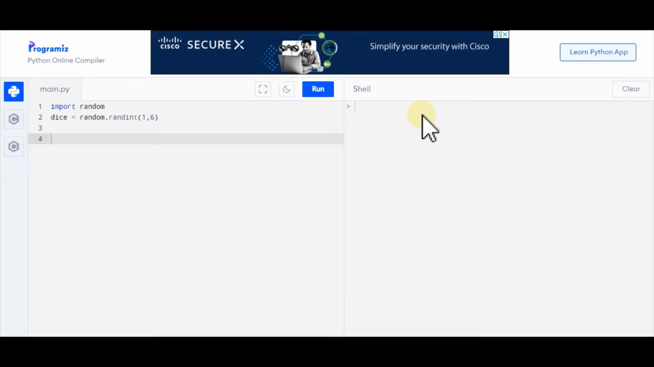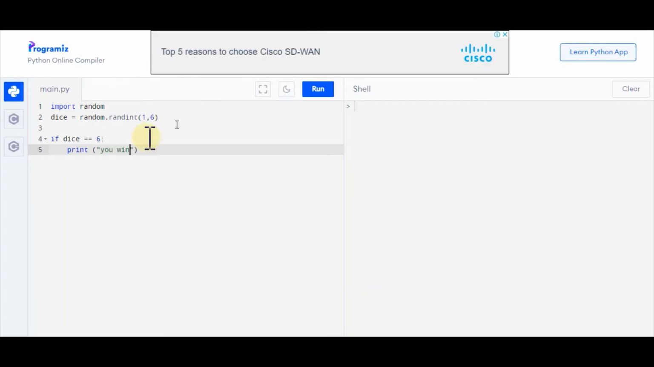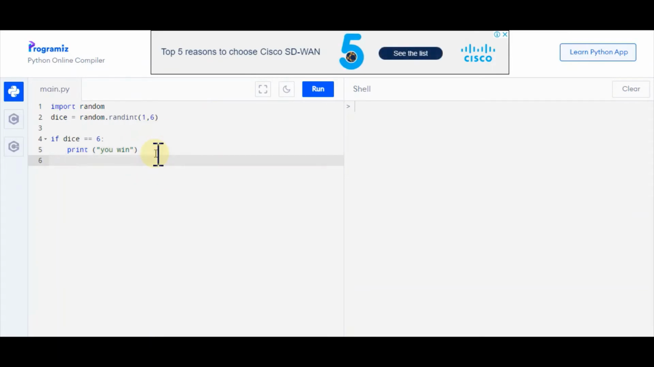I'm going to say if dice is, let's say, equal to 6, okay, then I'm just going to simply print a statement saying you win, okay, and then I'm going to say else, print